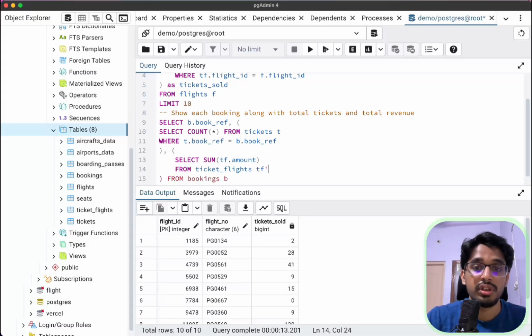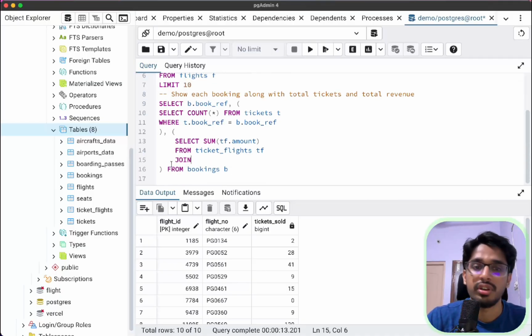Now we want to join with the tickets table. You can just say join or inner join, both mean the same. Join with the tickets table and put in the condition, which is the mapping key, tf dot ticket number